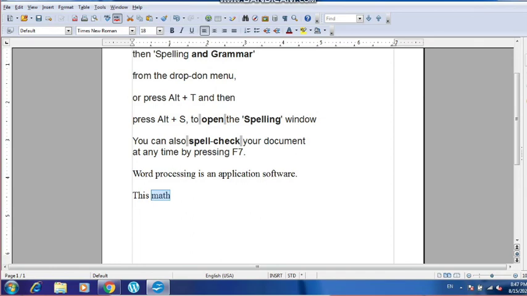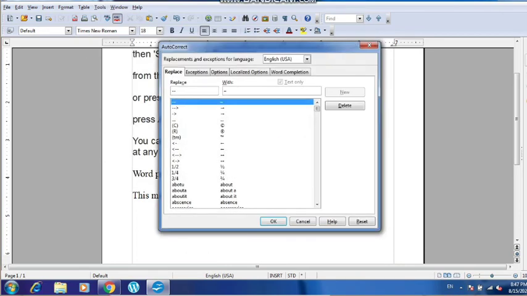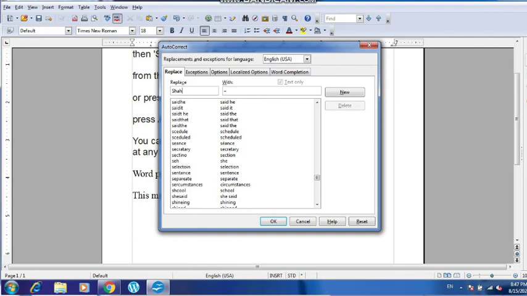You can add any word whichever you want. You can add your name also if you are writing it incorrectly. Suppose every time I am writing Shafez, I am writing it incorrectly, and you want it to be corrected. Suppose I have written Shafez like this, every time in small letters, but I want it to be replaced like this. Alright, so I have written Shafez in small case, and then I have used the capital letter here, so I am adding it here, new, it is added.